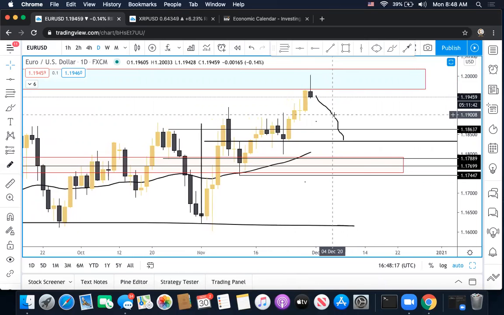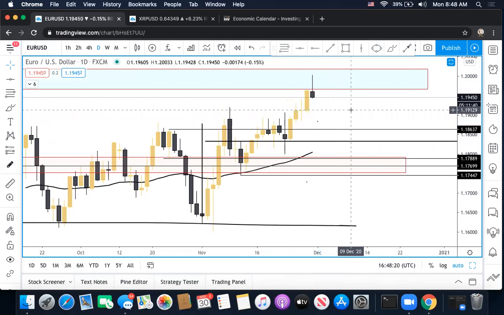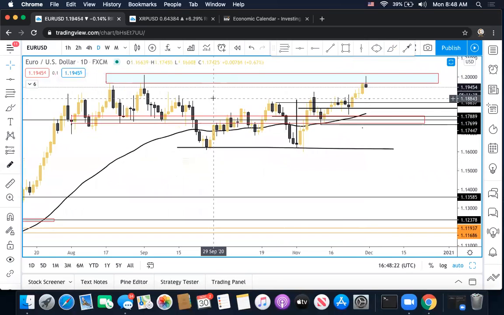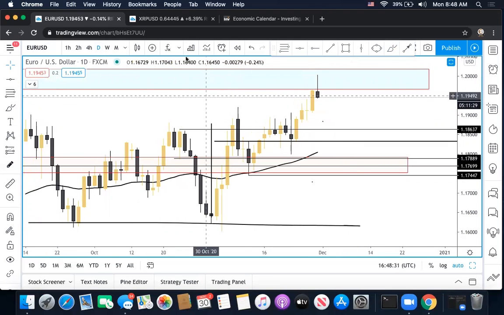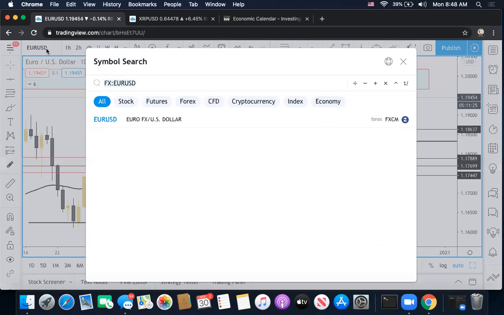But you would be selling against the trend. It's looking like we may get a slight correction because this is a strong resistance, strong supply zone. It eventually may get broken, but it looks like we may get some type of relief before that opportunity presents itself, if it does.